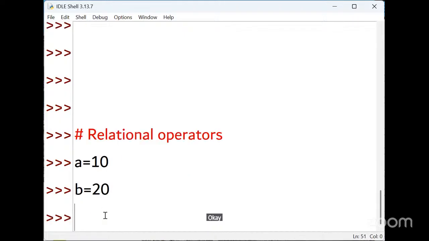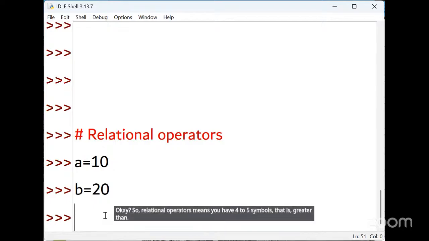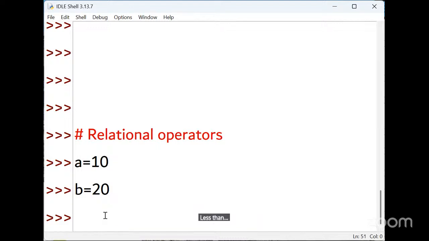Relational operators means you have 5 to 6 symbols: greater than, less than, greater than or equal to, less than or equal to, and equal to, not equal to. So you have these many types. Let us see one by one. First, we see greater than. Just simply, you can put the symbol like this: A greater than B. I use a print statement. Without print also it will work.